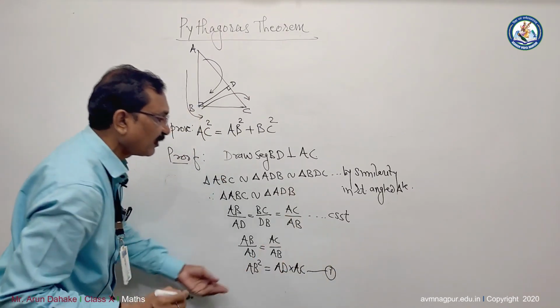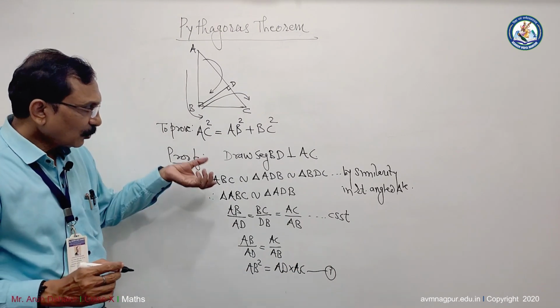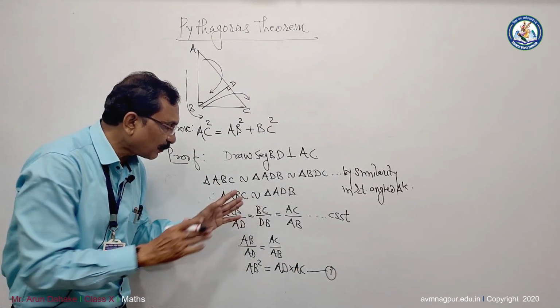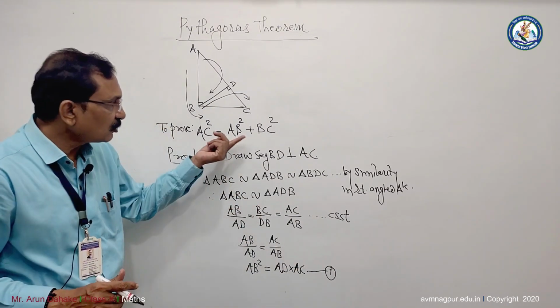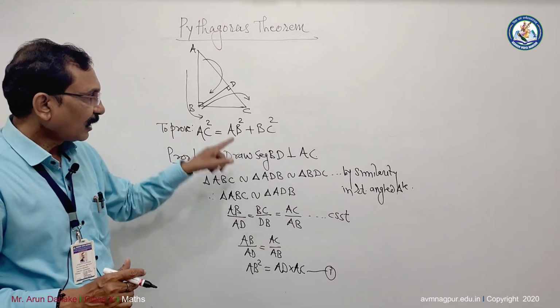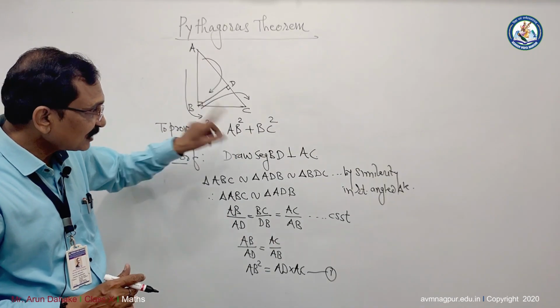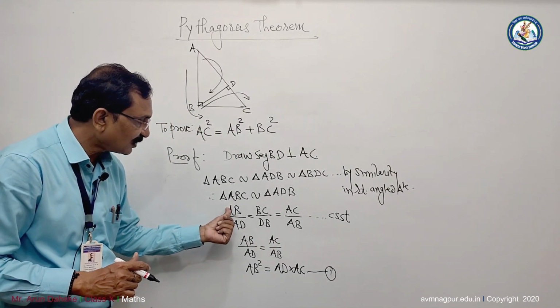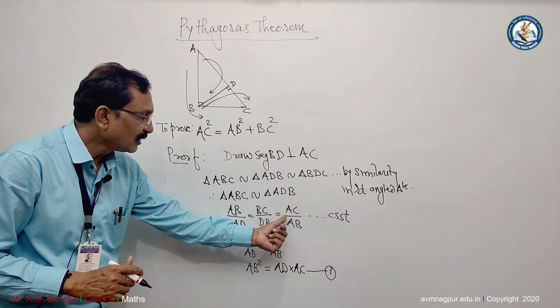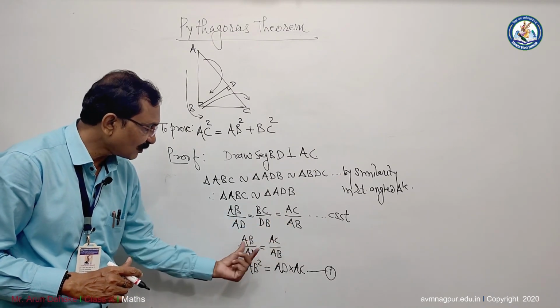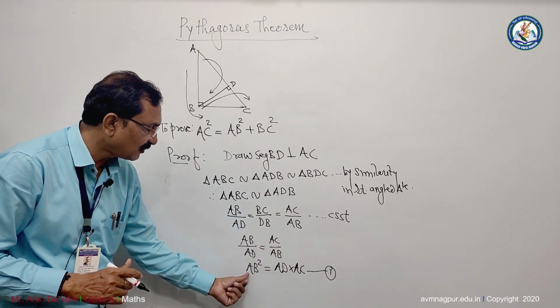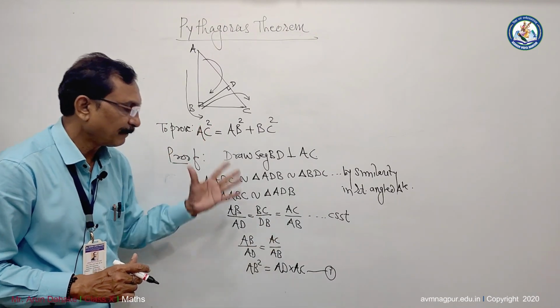So this is a very important equation. After getting this, choose the proper pair here. What do you have to prove? You see the proof, AB square plus BC square, this is the right hand side. So I'll get AB square, you check this one. In the first and the last ratio there is an AB, so you multiply AB into AB. AB square is equal to AD into AC.